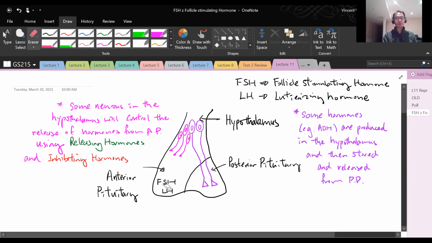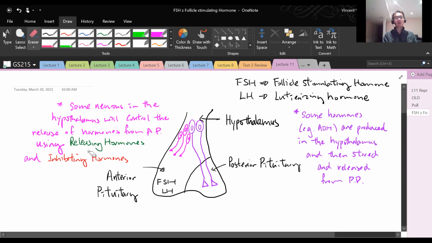Okay, so these two hormones, FSH and LH, are present in male and female, and they are produced and stored at the anterior pituitary gland. Unlike the hormones in the posterior pituitary, which were produced in the hypothalamus but then stored in the posterior pituitary. So in order to release the FSH and the LH,